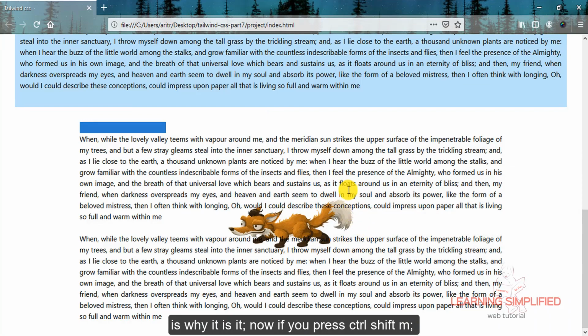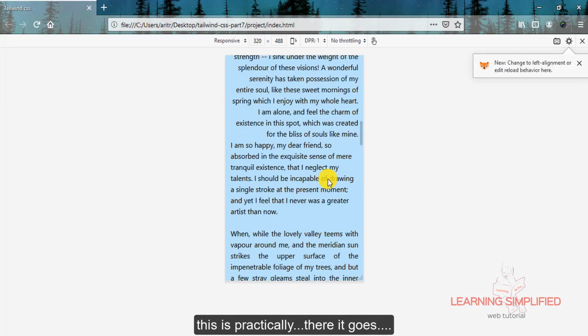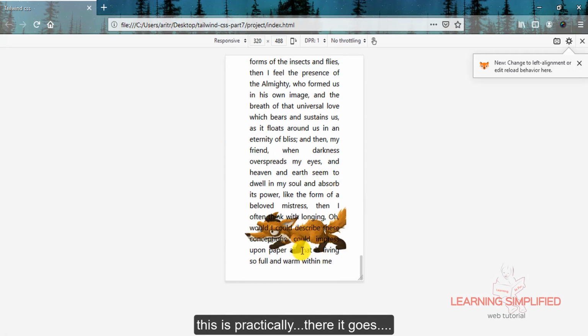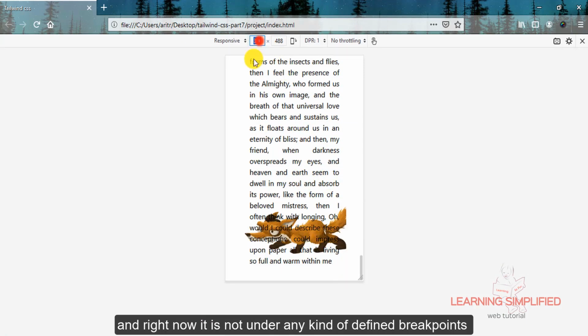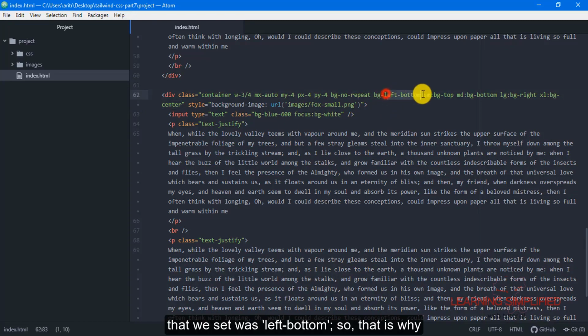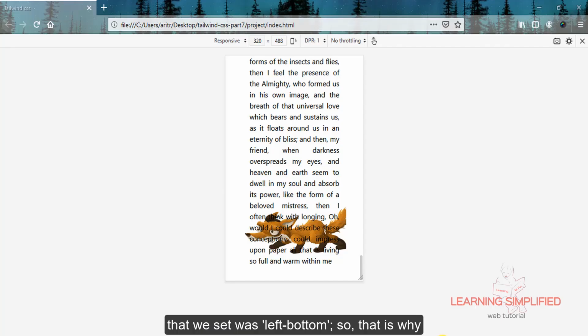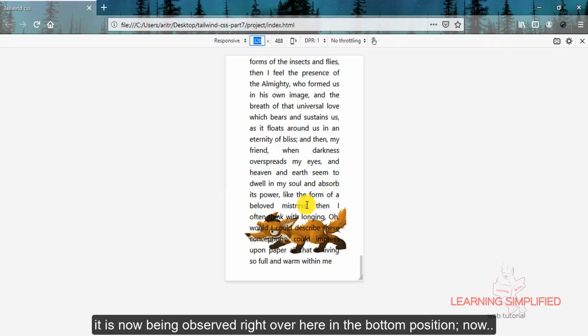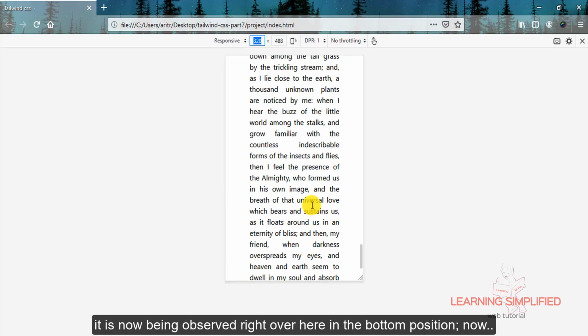Now if we press Ctrl Shift M, there it goes. And right now it is not under any of the defined breakpoints in Tailwind CSS. So in the first case, the default property that we set was left bottom. So that is why it is now being observed in the bottom position.